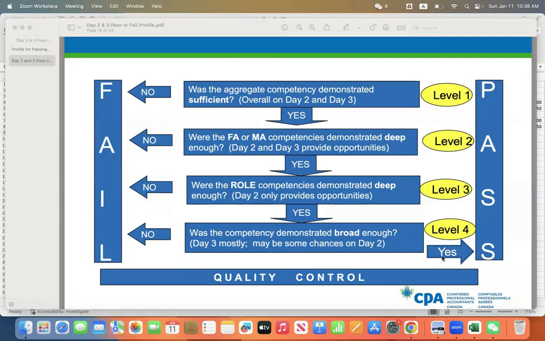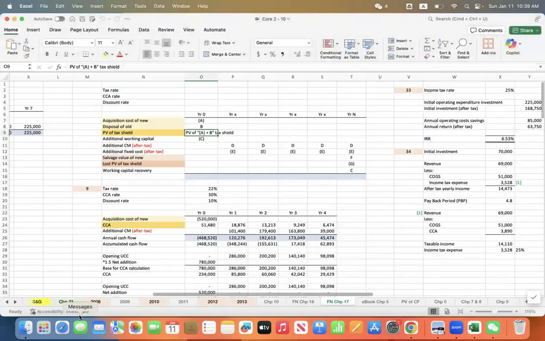And then, okay, that's the pass or fail profile. But if you have enough time, just write more, because everything is going to help in your sufficiency at level one, right? You write sufficient AOs and you get sufficient C and RC. The more C the better, and it's really going to help you at level one. Okay, this is the pass or fail profile, and let me see.